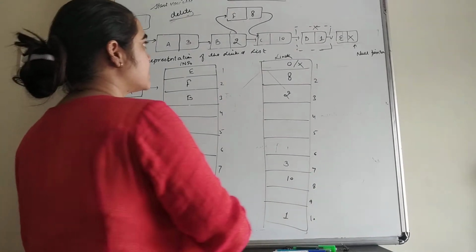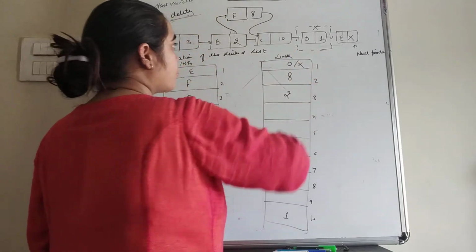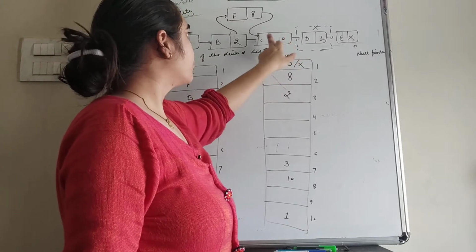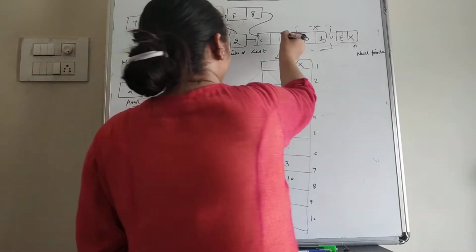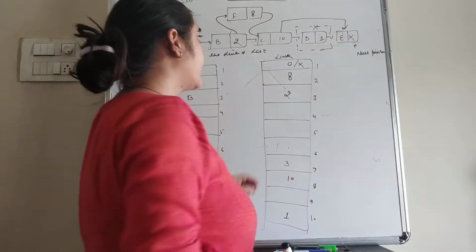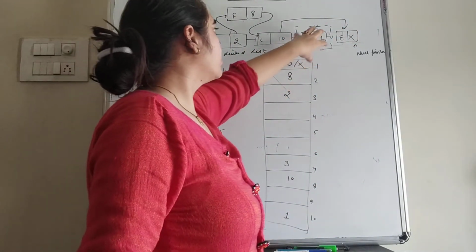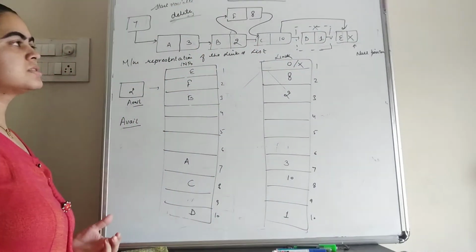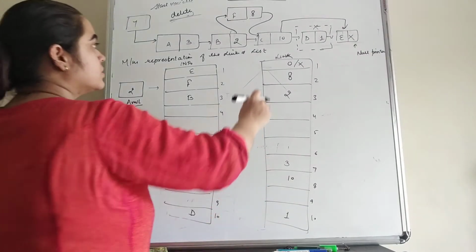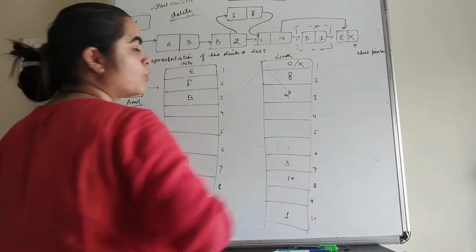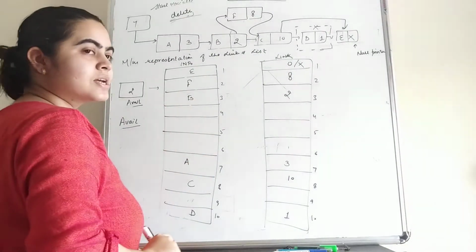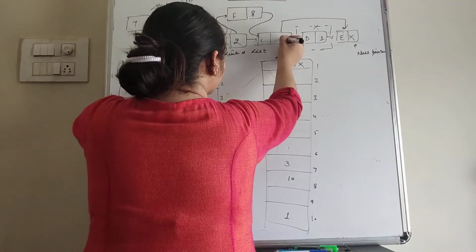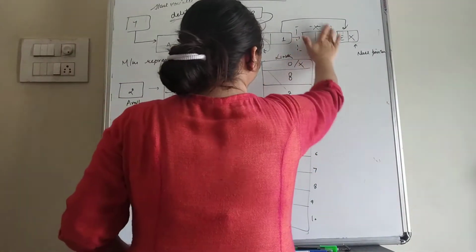Now students, if we want to delete this node from the linked list, then we have to remove the address of D from the C node, and directly give the address of the E data element within C, because now there is no need of D, so there is no need to maintain the address of the D data element within the node. So in front of C we have to update the address of E. And what is the address of E? E is at location 1, so here we have to write 1 and this node we have to delete.